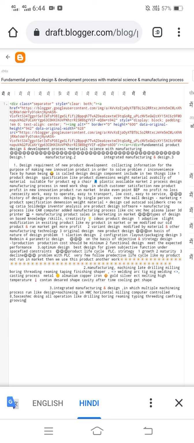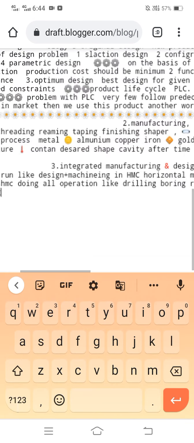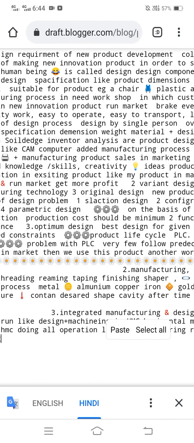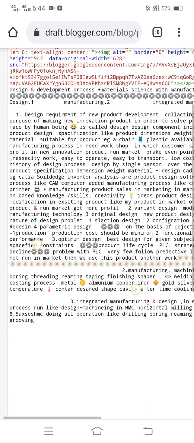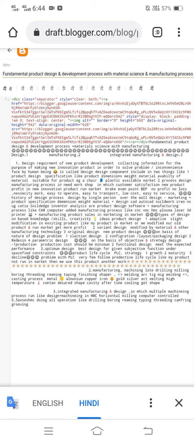Next, history of design process. Design is by a single person. A single person does the overall design, in which marketing plus product satisfaction,